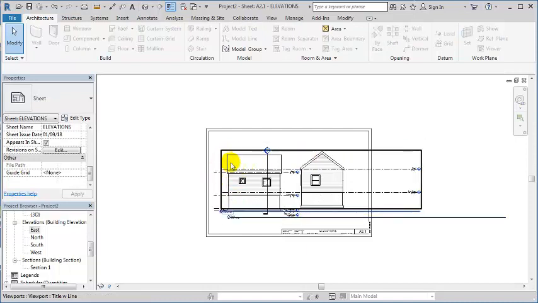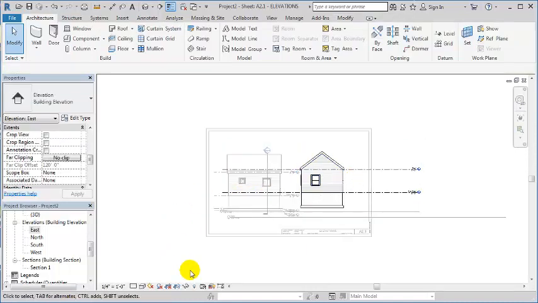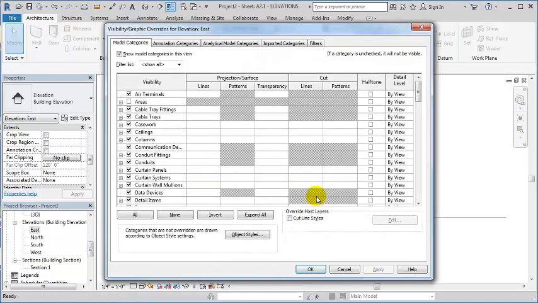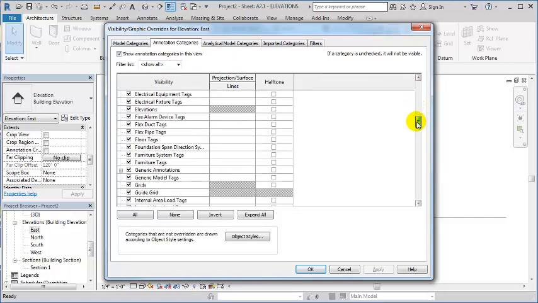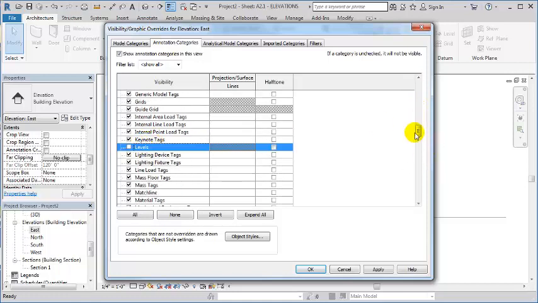I'm not able to select that viewport now, so let's fix this one before we move on to fixing the view labels. So now I'm active inside the east view, and I want to do something here that I think is redundant. I don't need to show the levels, so I'm going to use the VG command, just typing VG at your keyboard. It opens up the visibility graphics override, and under annotation categories, I want to turn off levels,